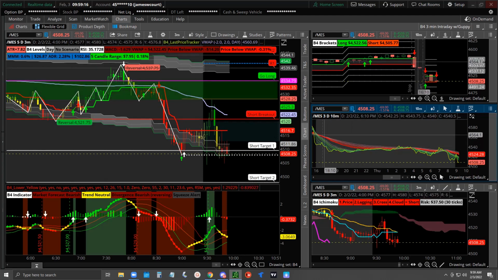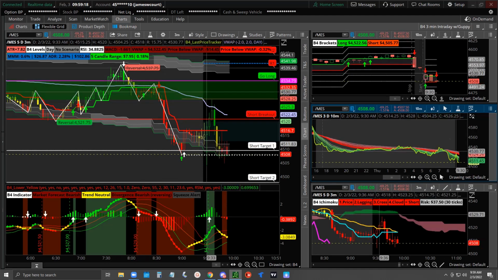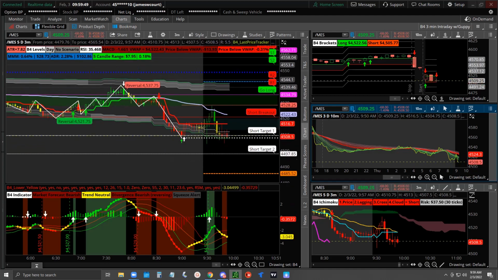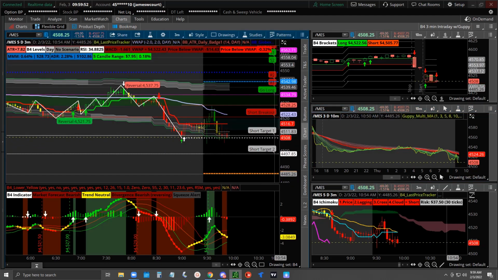We could not only dump the 4,575, we could also dump all the way down to 44.88 or 89, 44.89, 44.88. Including the measured move targets, 44.80, 150. I'm measuring ahead to show you guys that the structure breaks with a strong bear bar. This is where you're going to end up going.